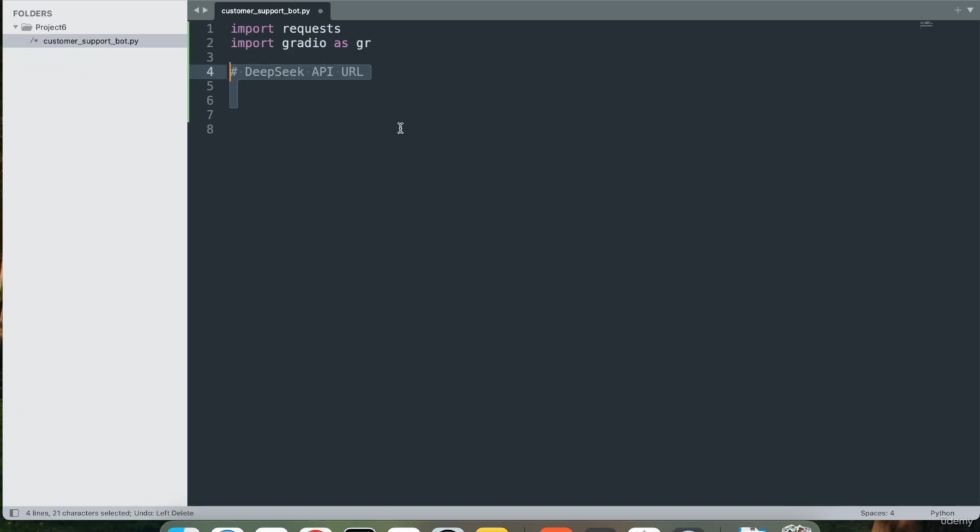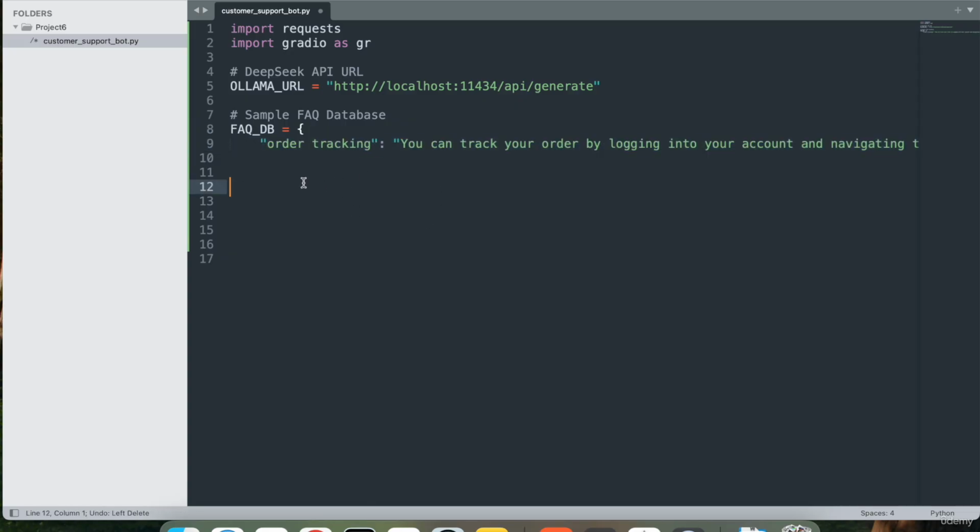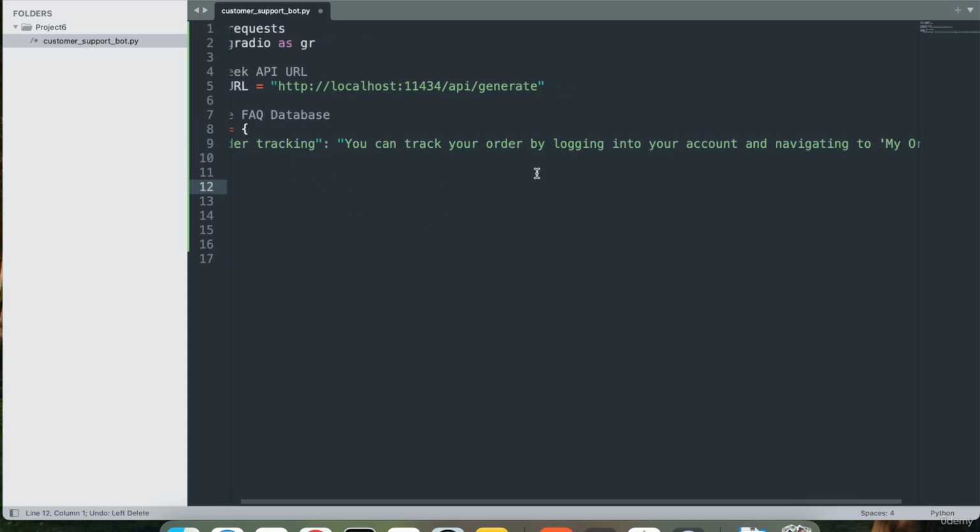Next, let's create the DeepSeek API URL. Here I'll say OLLAMA_URL equal to http://localhost:11434/api/generate. That's what I'm going to use. Next, let's create a sample FAQ database. If you have an FAQ database, you can use it here, but I'm going to create a sample one. I'll create a dictionary